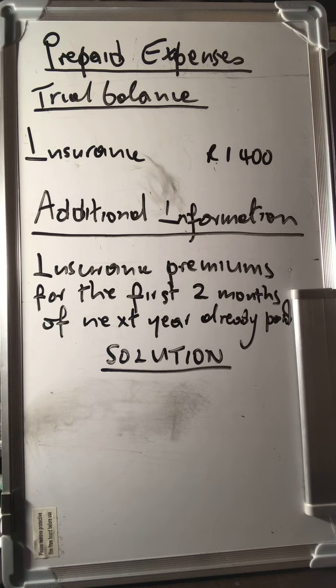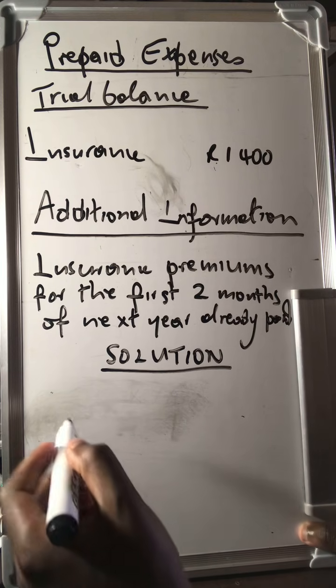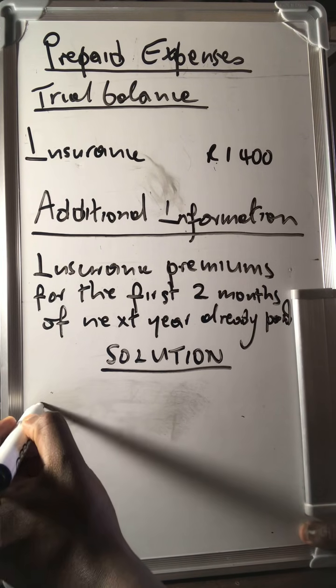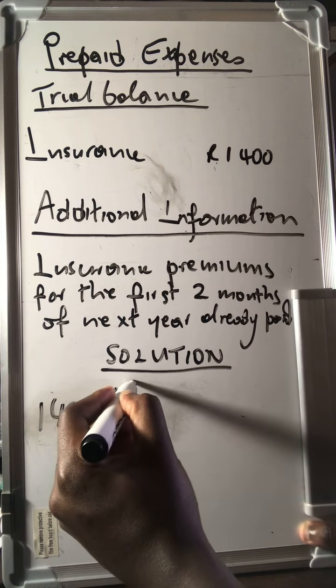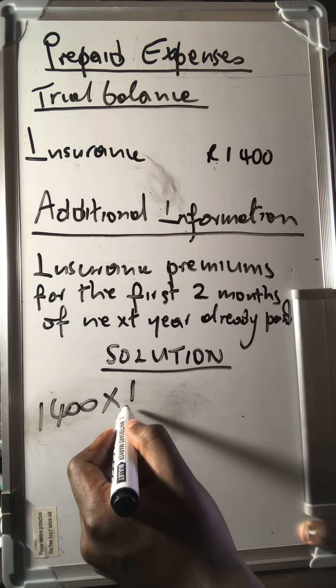Additional information tells us that insurance premiums for the first 2 months of the next financial year have already been paid, which means we've paid for 2 months in advance. Now let's check how much is insurance per month so that we can account for the 2 months that's prepaid. You say 1,400 multiplied by 1 month